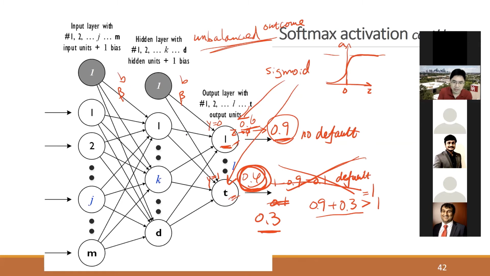Once these are fixed, the activation is fixed for both of these nodes. But somehow the optimization still changes these based on the cost. And because there's still some level of unbalanced outcomes here, I guess maybe 22% one case and 78% zero case,